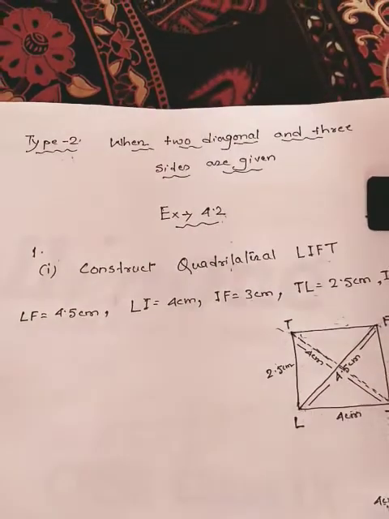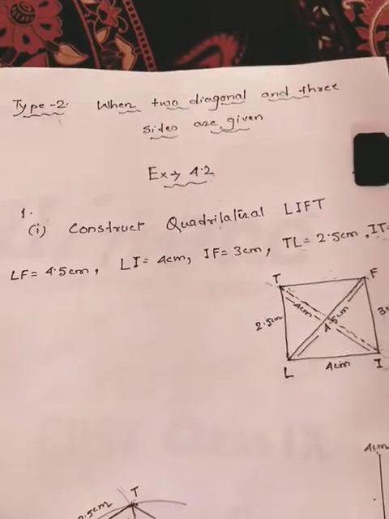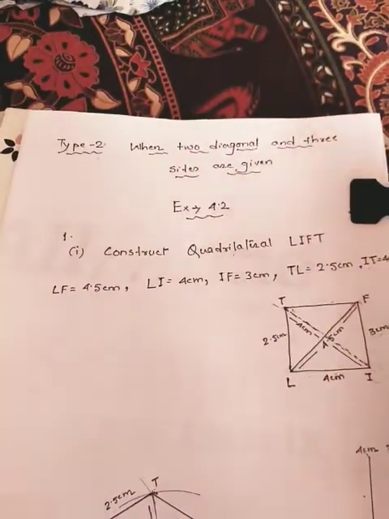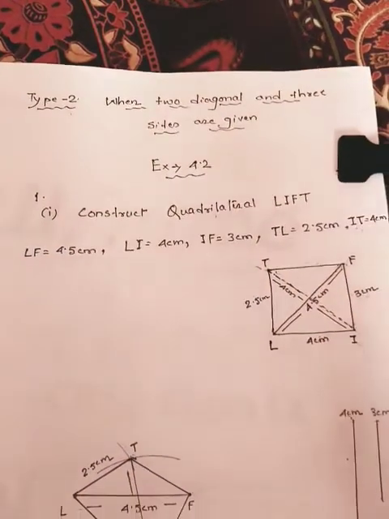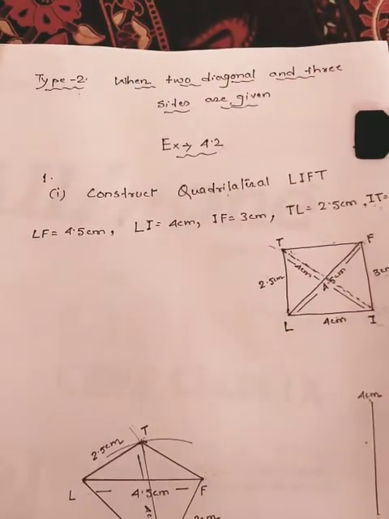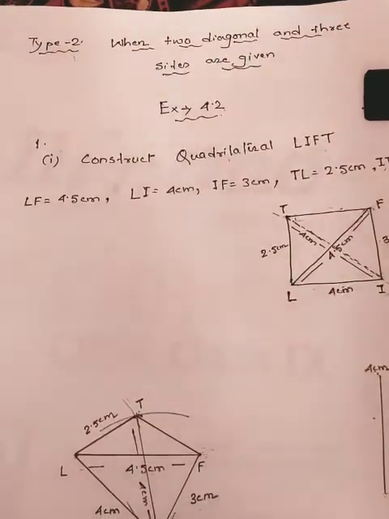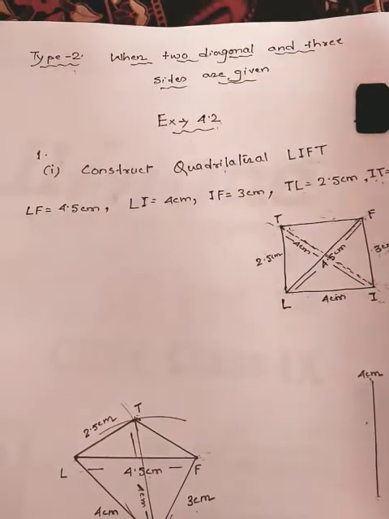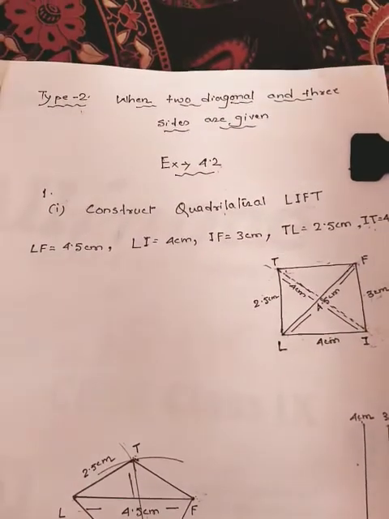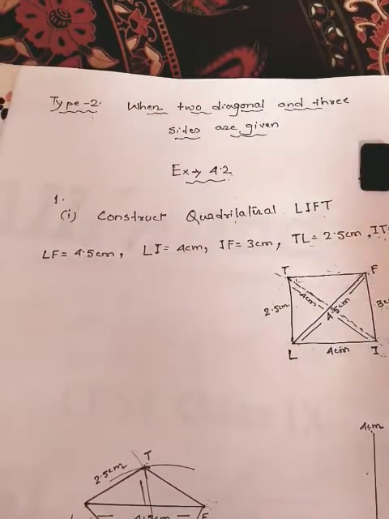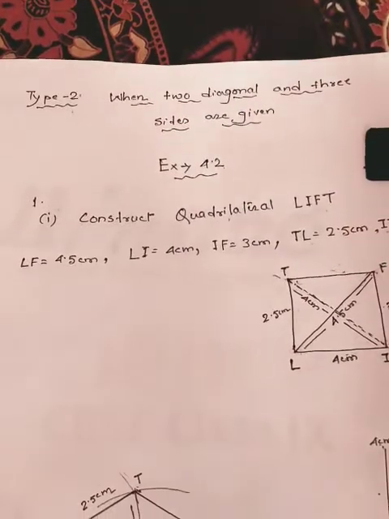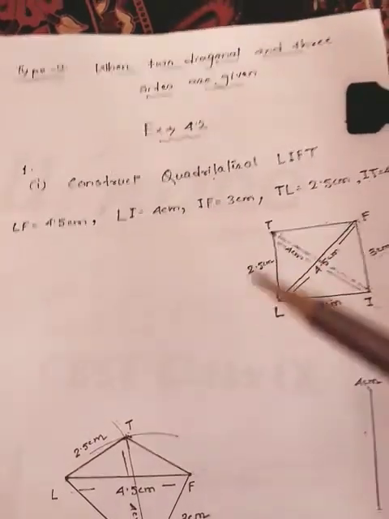Because it is a new type, I'm only asking you to perform one sum, that is sum number 1 of question number 1 today. No other sum, only one construction I'm giving. So please carefully practice this particular construction very properly. Then tomorrow we'll do sum number 2 and sum number 3 of question number 1. But today concentrate on this particular construction.